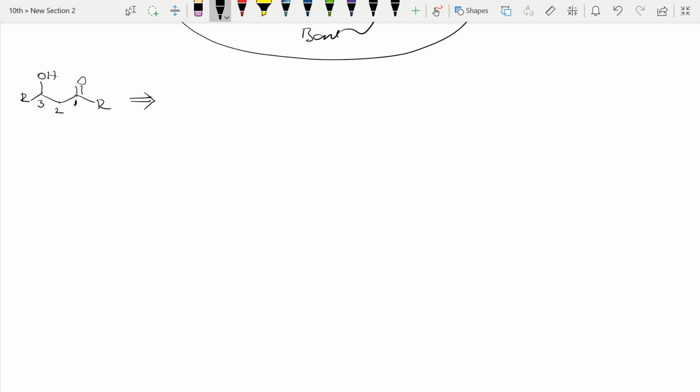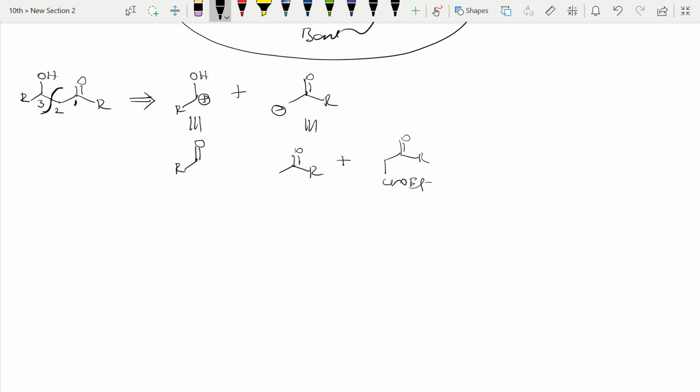Further, how will we dissociate? You will dissociate like this here, because see, R OH, this carbon should get a positive charge, because this alcohol can stabilize that positive charge and convert it into that aldehyde, as I have told you. So this is the aldehyde. So one more reagent will be like this, COR with a negative charge. I have told you can directly put CH3, right? Like this I will get the ketone, or one more possibility is this one, COOEt. Both the possibilities and both the reactions I have explained.